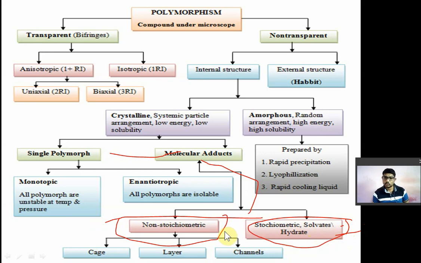So a 1:1 combination is known as stoichiometric. So it is again further divided into solvates and hydrates. Now solvates means what? Solvates means, if the solvent used for crystallization traps into your crystal, that